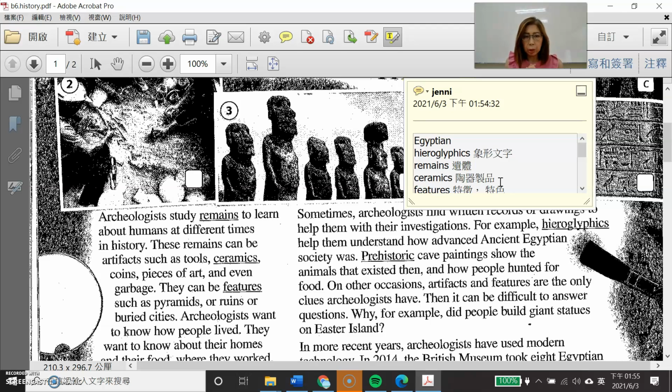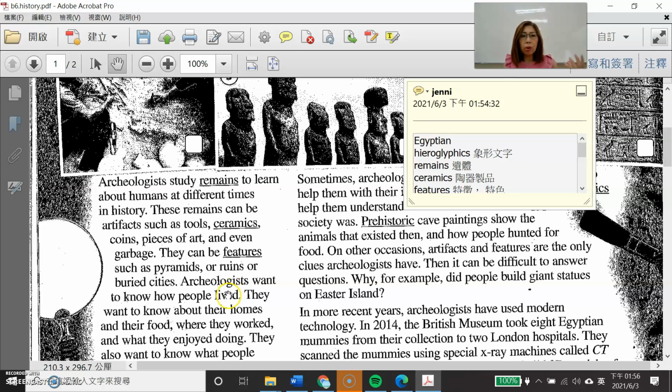OK, now archaeologists study remains. Teacher 把 remains 写出来的 remains to learn. remain 就是遗体做遗留的东西, right? Study remains to learn about humans at different times in history. These remains can be artifacts 文物 such as tools or ceramics. 在这里 ceramics you use the dirt, right, and then mix the oil and then you bake them 烤过, bake them and then they will become ceramics